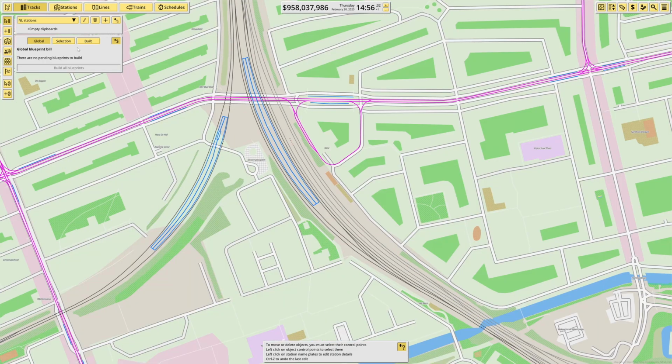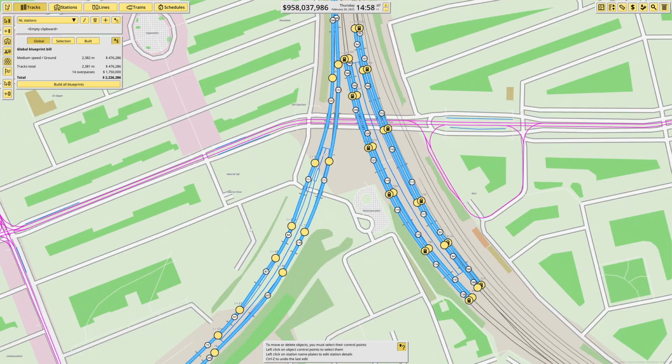There's also an option to append multiple tracks to one station that isn't really close to another. So I've made an example of this station very quickly, and